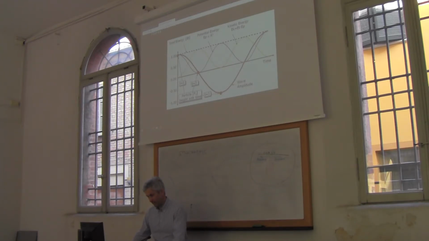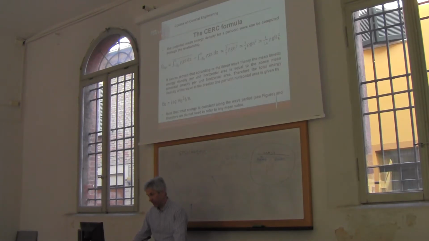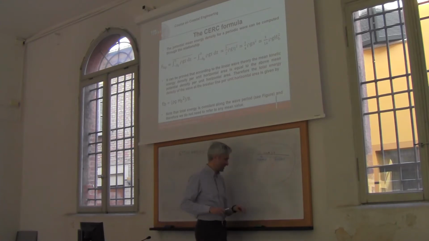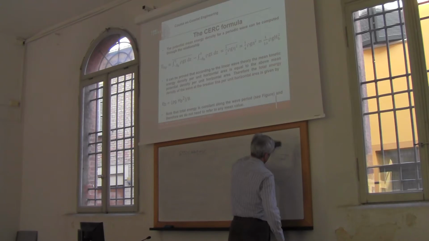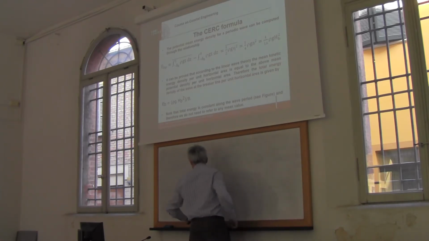Okay. And this is linked in my web pages, so don't worry about it. Now, this is the CLC formula. Don't be afraid. I'll also develop on the blackboard some of the computation. Don't get afraid, because it's very easy. And first of all, let's compute the potential energy alone, because it's a bit easier. And we know already that the total energy will be twice the potential. So let's compute the potential.